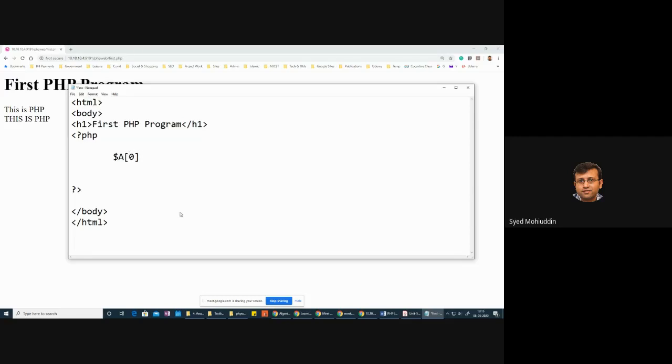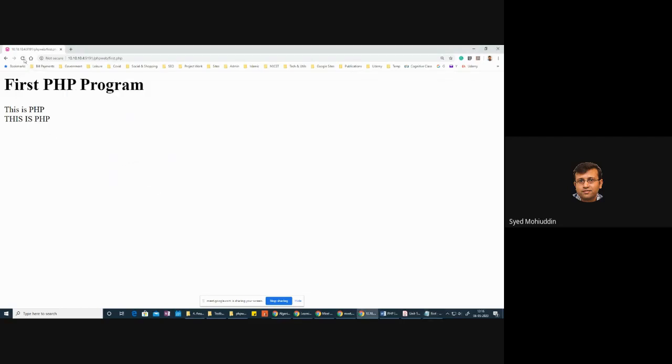I can assign a number, let's say 12. Now let me just show you what happens when we print the array itself, that is $A itself. Now you can find that it says